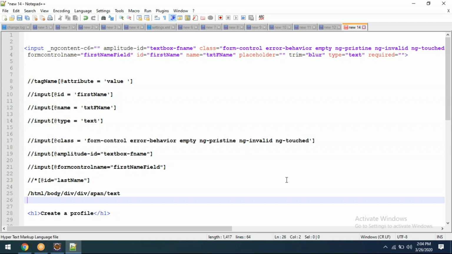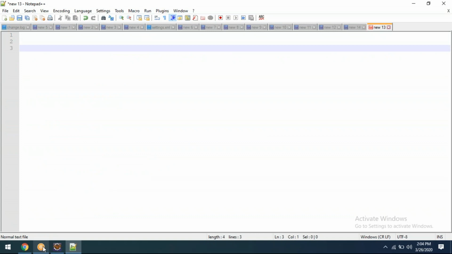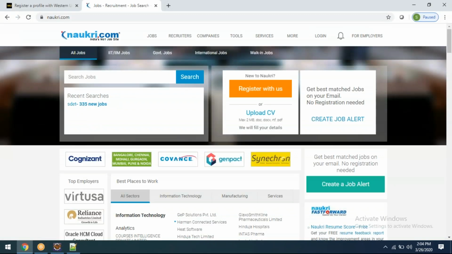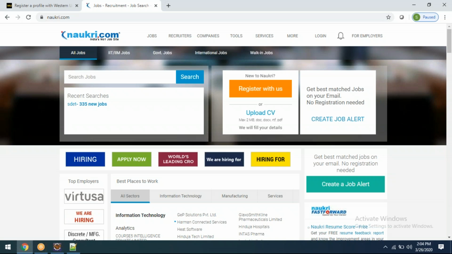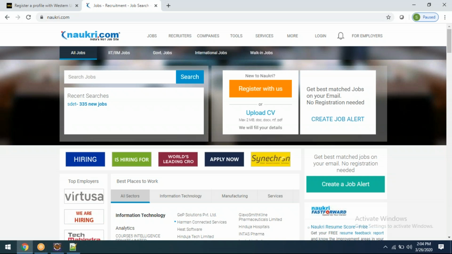Now the question is how to handle multiple windows. Whenever there are multiple tabs or multiple windows, it's called the same concept, multiple windows. Getting my point? Either you go for a new tab or a new window, anything we call multiple windows. To handle multiple windows, we have a concept called